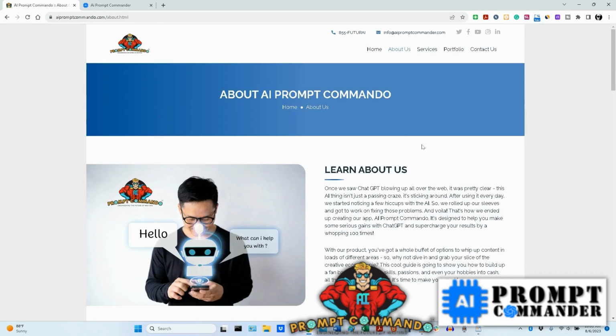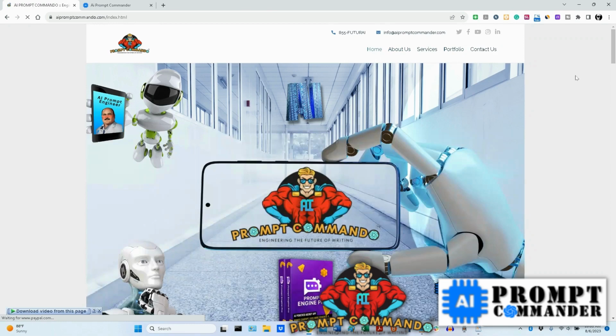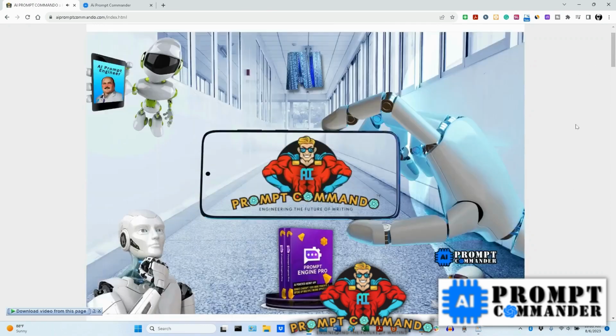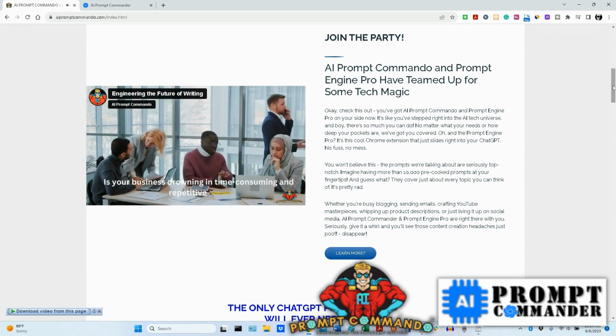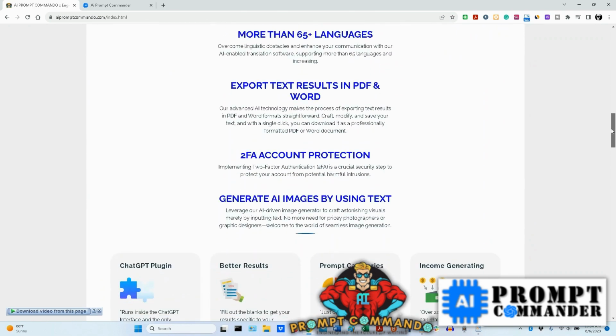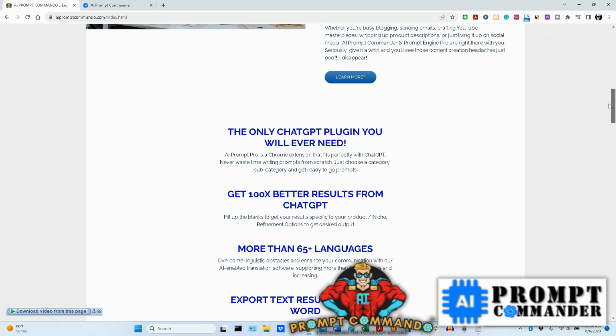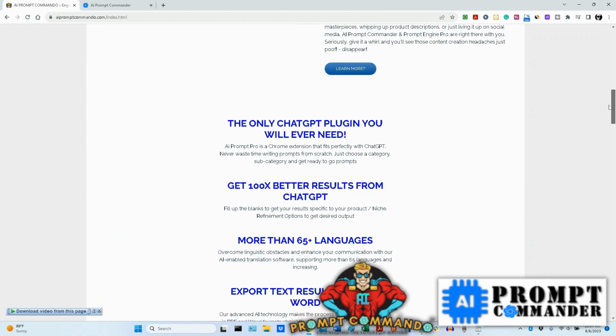And then once you read through everything, then at that point in time, what I do, all right, so you can listen to that. But you read all this here, and this tells you pretty much everything that this Prompt Commander will do, because this is basically a plugin that you're going to use for ChatGPT for your Chrome browser.